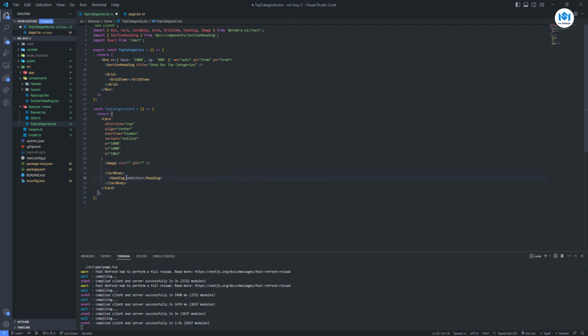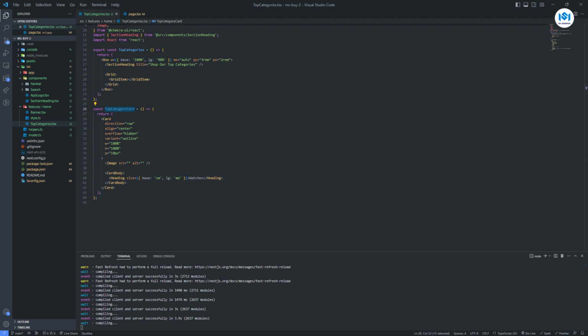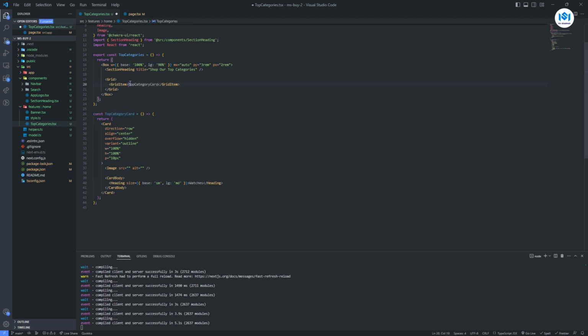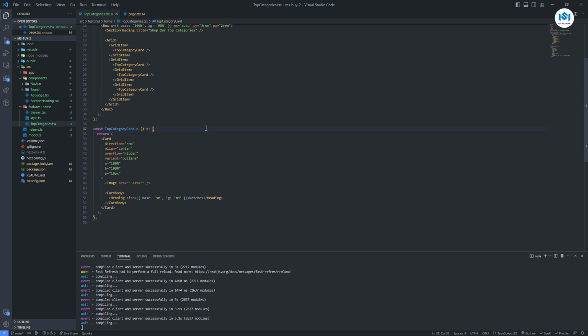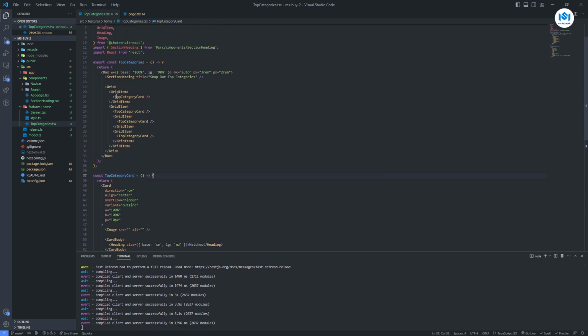But with this one, the size based on whichever device it is on, I'm going to say the base size is going to be small, and the large devices I'm going to make a medium. I am going to use the top category card here. This is a component, and for now I am not fetching any category, so I'm just going to leave it here like this. I'll copy it a few more times and save it. So 1 2 3 4,